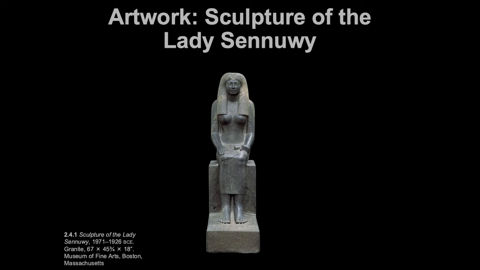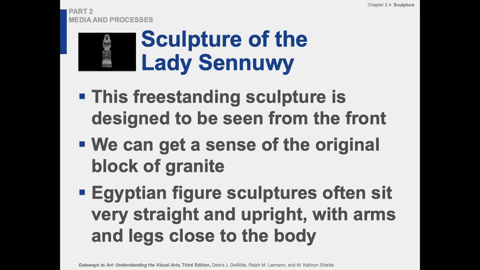But that is what the Egyptians were all about, was eternity. The afterlife to them had deep meaning, and they assumed that, with their religious beliefs, with the Ba and Ka, that the spirit would go on forever. So these sculptures are meant to last forever. So they're built in a style. Some of these stylistic details have to do with the permanence. So they're usually up very straight and upright, very uncomfortable looking, but the arms and legs are close to the body, and again, that's most